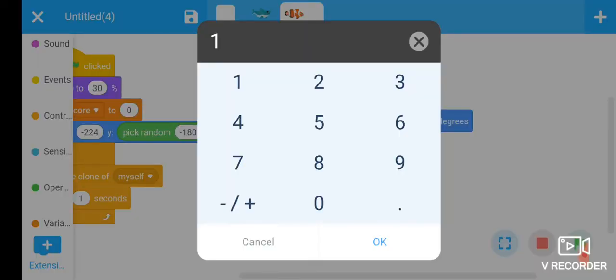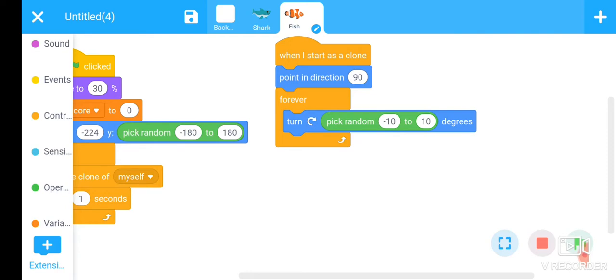To show the natural motion, we will add a turn right command here, and its value is taken from -10 to +10. Okay, this command adds a turn in the fish from -10 value to +10 value.